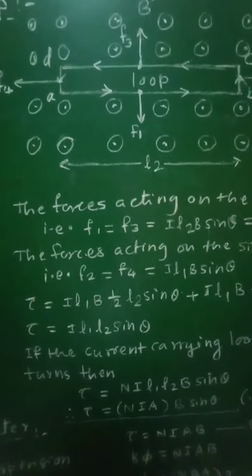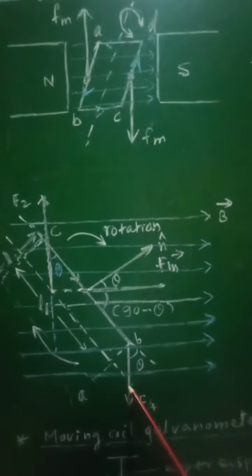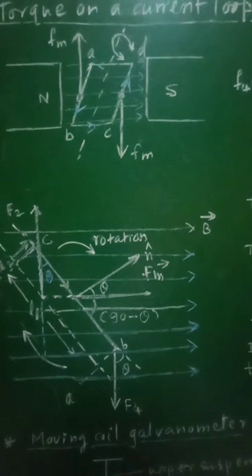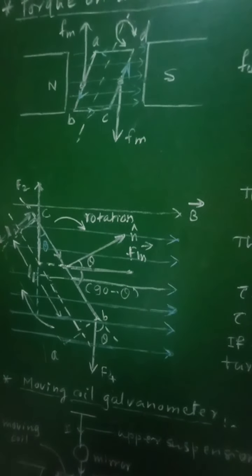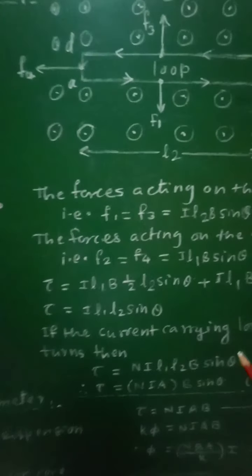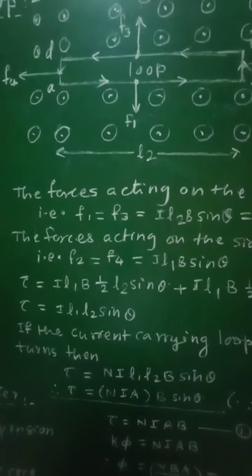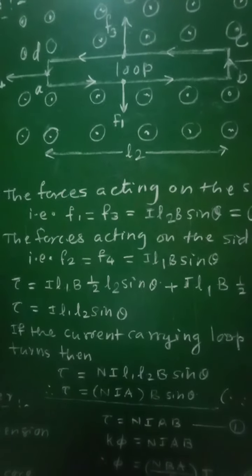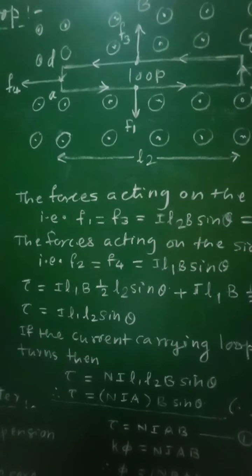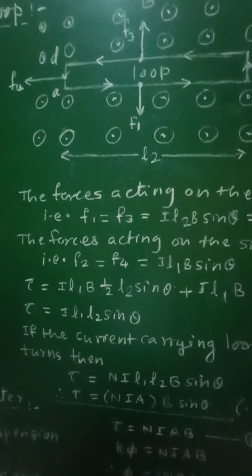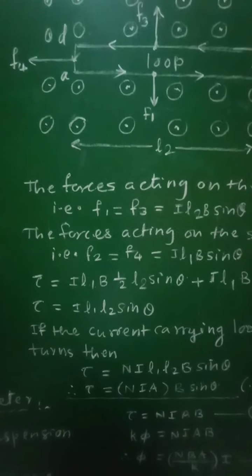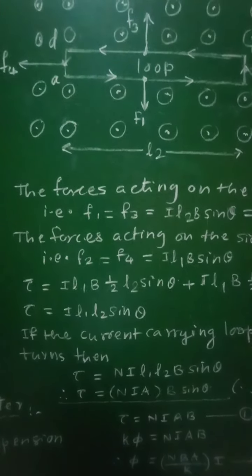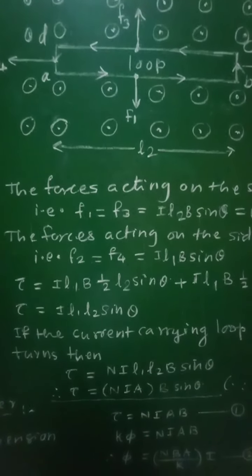position. Now as these two forces, that is F2 and F4, are acting on two different sides, vertical sides of that loop, it will give rise to the torque, because when two equal and opposite forces are acting at two different points of the same body, then it will rotate that body. That means it will give rise to torque. And we know the expression for torque, that is torque is equal to product of the magnitude of one of the forces and the perpendicular distance between two forces.